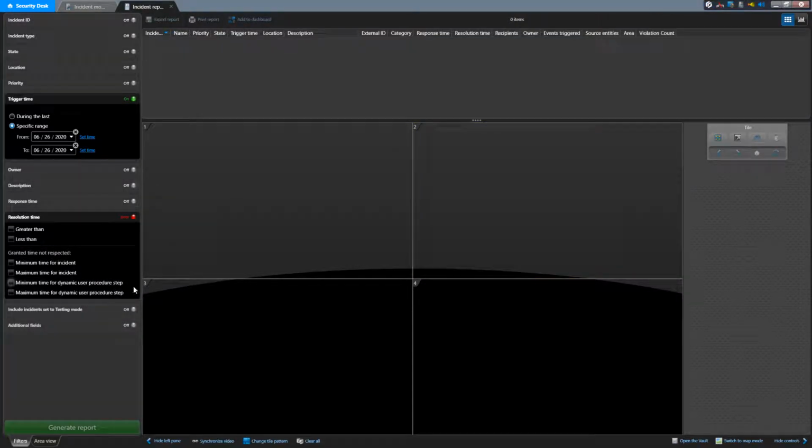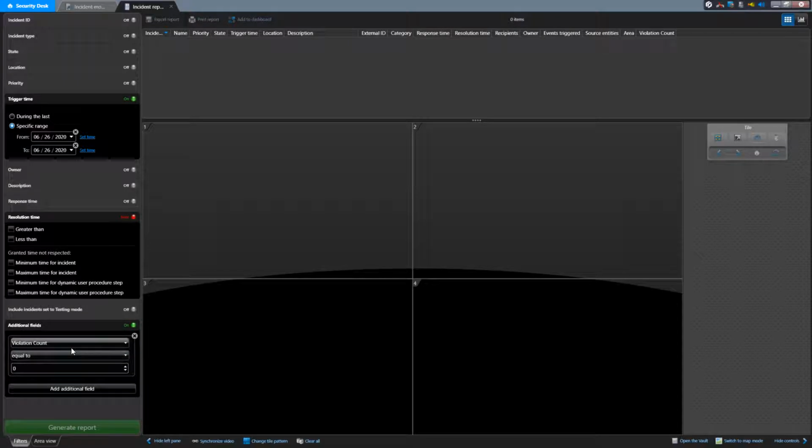The second to last filter is for anyone who is creating incidents and is using the testing mode to see if they are working. These types of incidents do not normally show up in your incident list. Below that is where you can add a filter based on any additional fields that have been added to the system. Click on the Add Additional Field option to add a filter for one additional field, then select the field you wish to use, and set the filter parameters. The options here will change depending on the type of field selected. For example, a numeric field will let you look for anything greater than a value, less than a value, equal to a value, and other options like that.